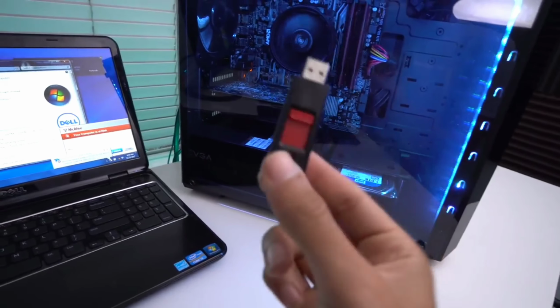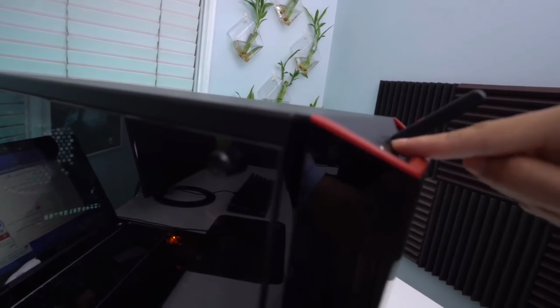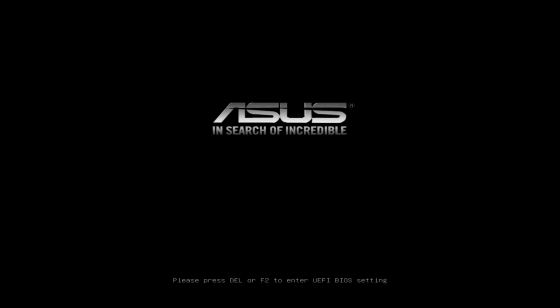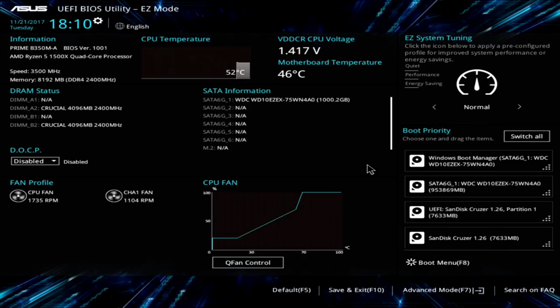So now we're going to be doing a clean install of Windows onto this PC. And when I turn on the computer, well, you guys will see right now. When we first turn on the computer, we're going to see a splash screen. This splash screen tells us what key on our keyboard to press to boot to our BIOS. Right now my splash screen is telling me press F2 or press delete rapidly on my keyboard so I could boot into the BIOS. The splash screen doesn't stay open very long, so if you miss the timing period, just turn off your computer and try it again. So we're now on our BIOS, but before we do anything, I just want to mention